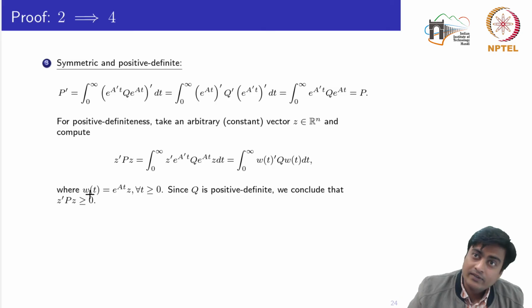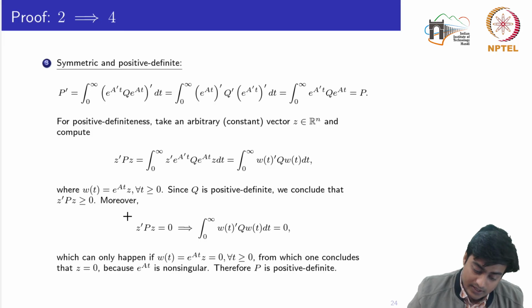We know for positive definiteness, the equal to part should not be 0. Since Z could be any arbitrary vector, we are not sure whether it would be only greater than equal to, or greater than 0. So let's see. We know that Z transpose PZ would be equal to 0 if this part is equal to 0. Okay? Now notice here that this part